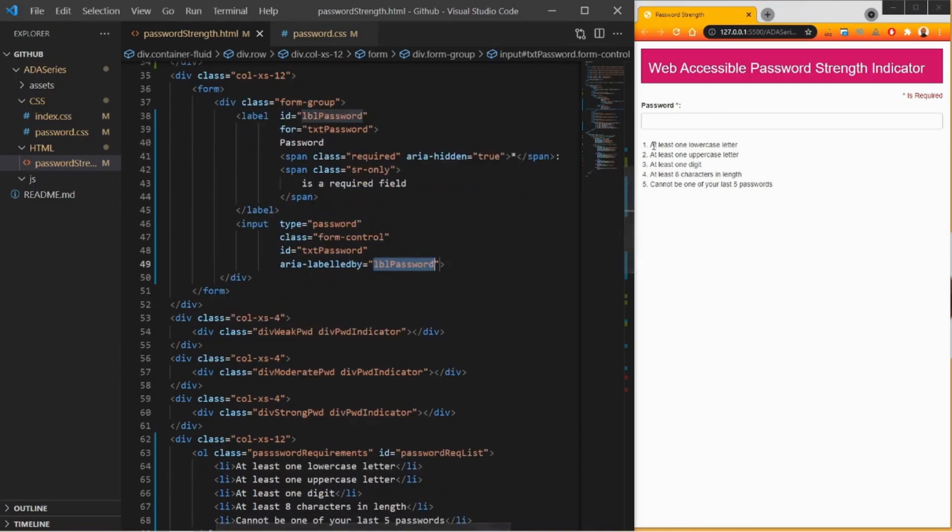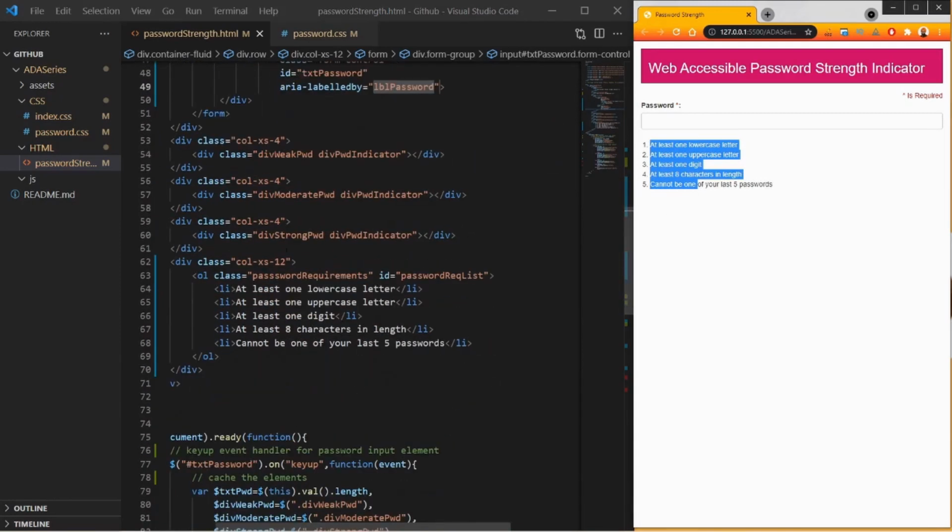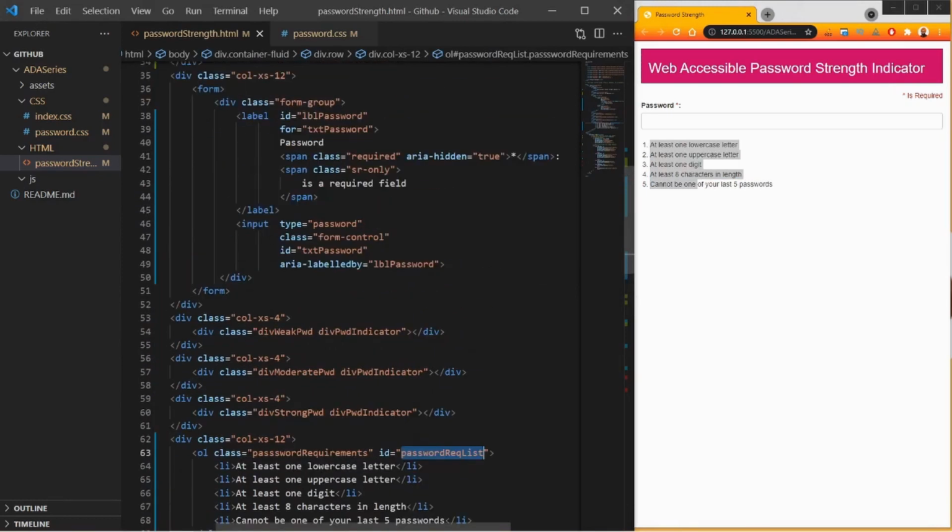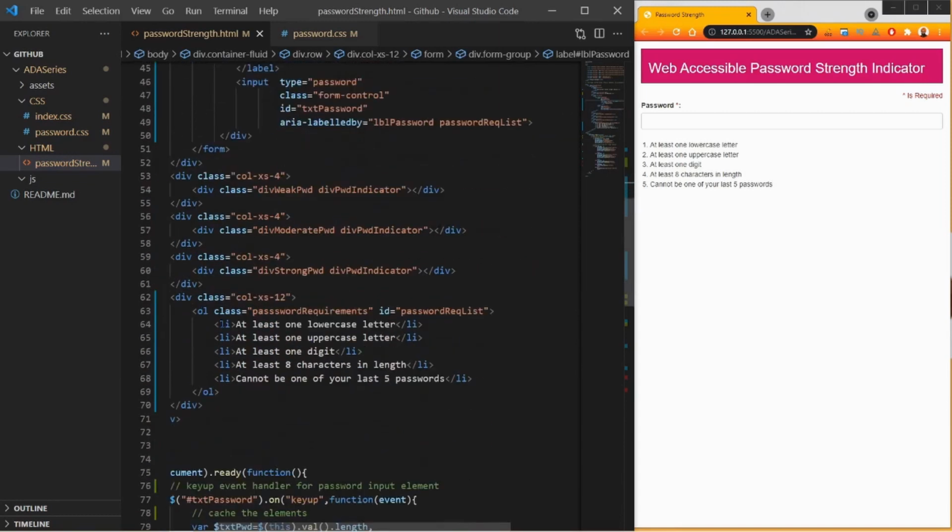Next, we need to make sure that these requirements are also read by JAWS. So let's scroll down. We have this ordered list and it also has an ID. Let's copy this ID and come back to our input field, and within this aria-labelledby, you can pass multiple IDs or multiple different elements you can refer to. Now when JAWS is running, it will read password is a required field followed by this list.